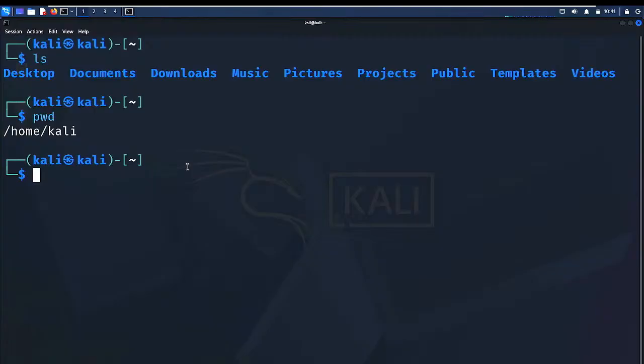Then this slash before the home is called the base or the root directory. The root or base directory consists of configuration files that allow this system to function. Altogether, for this system to function, there are some configuration files, and this slash is where it's located, which I'm going to show you on the GUI.